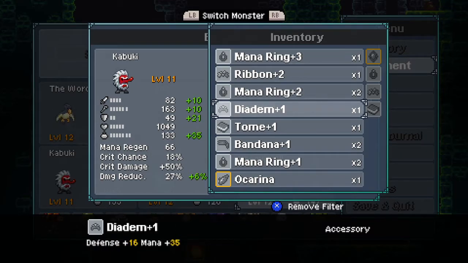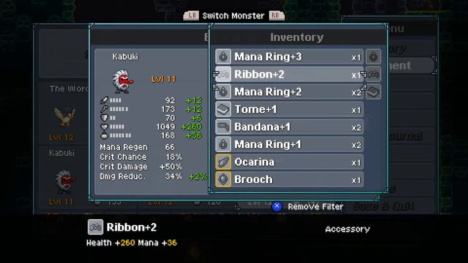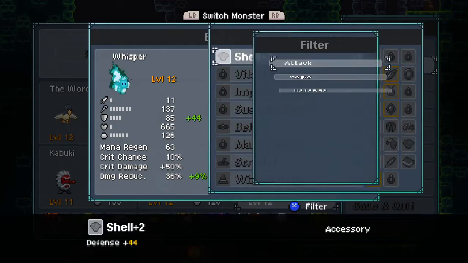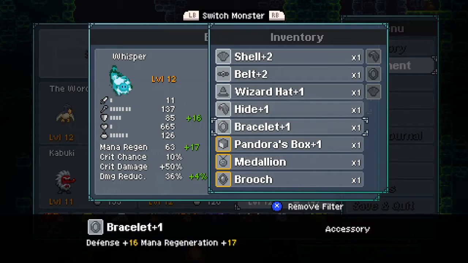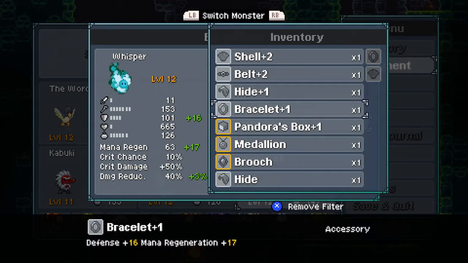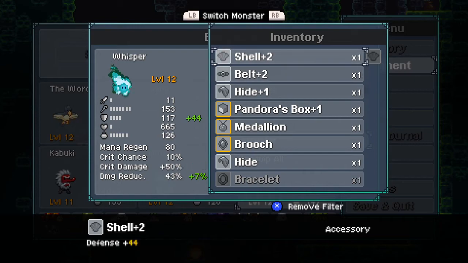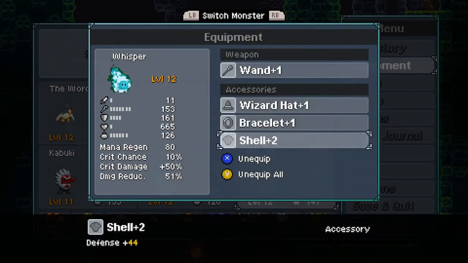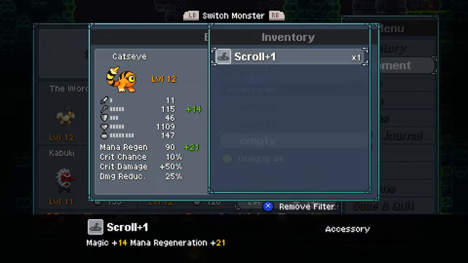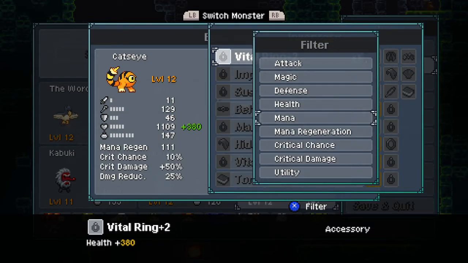Alright, defense and mana. Health and mana. Mana and mana. You're more about defense. Wizard hat, absolutely. Bracelet for mana regen, absolutely. And then just raw defense. Sure. These got shields after all. You need more like magic attack, so I can give you the scroll. Other than that, you need just magic really, but